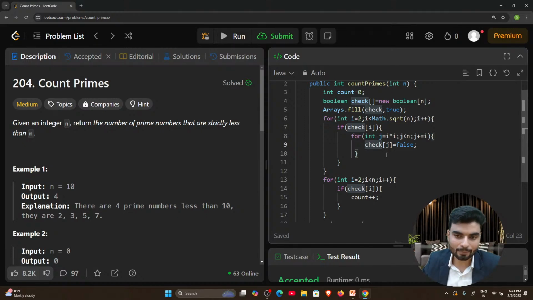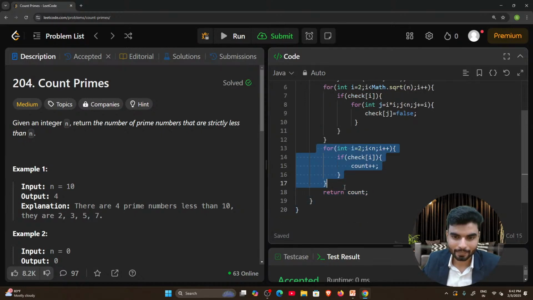So in the worst case scenario, I'm assuming, you will have a time complexity of square root of n for this, and again a square root of n for the inner loop. So you can have a time complexity of n log n. Sorry, this will have an n, this will have an n. Yes or no? And for this, square root of n multiplied by square root of n.